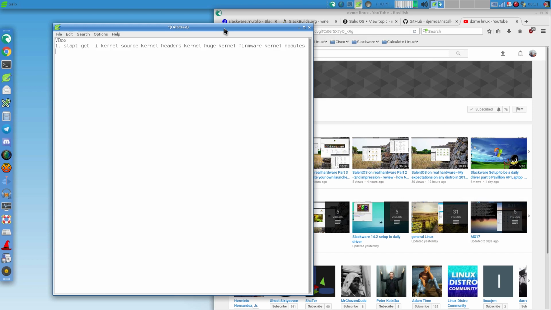So that's the first step. Step 2 is either lilo with -v or elilo.com. These two commands will update your bootloader, which is what you do want to do after a kernel upgrade. Step 3, reboot. Okay? Now, after reboot,